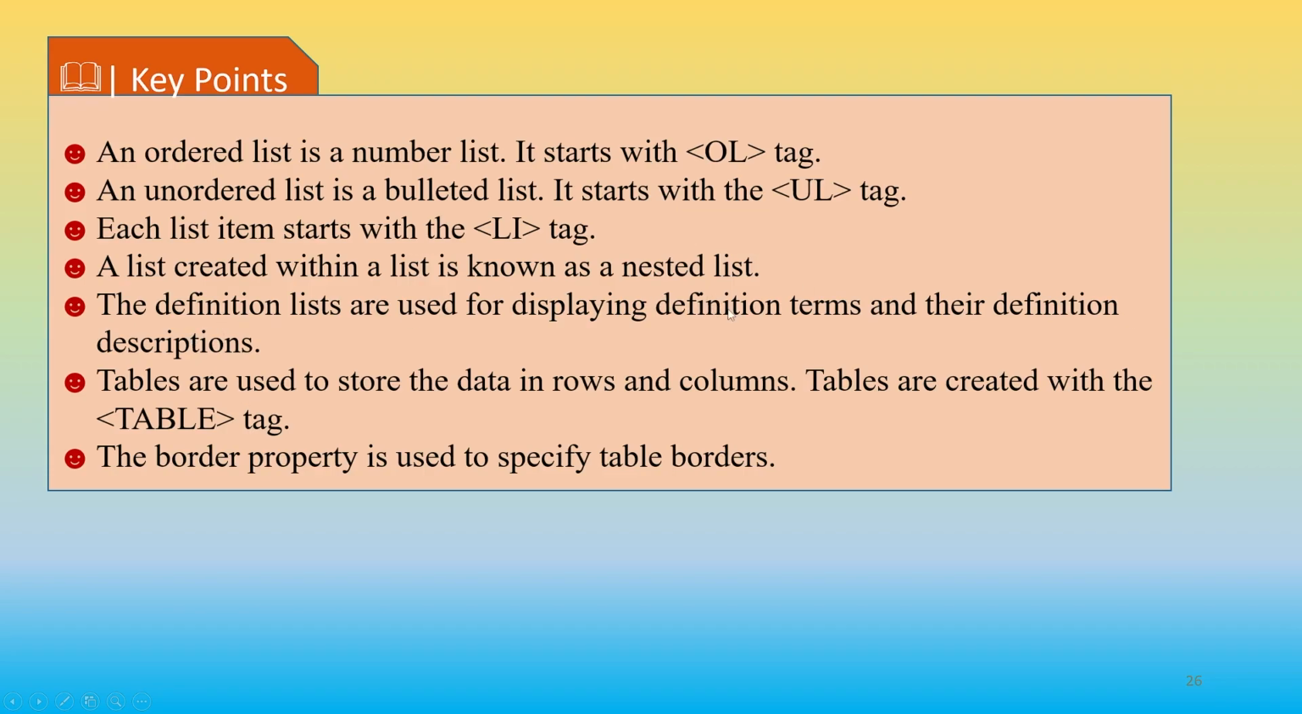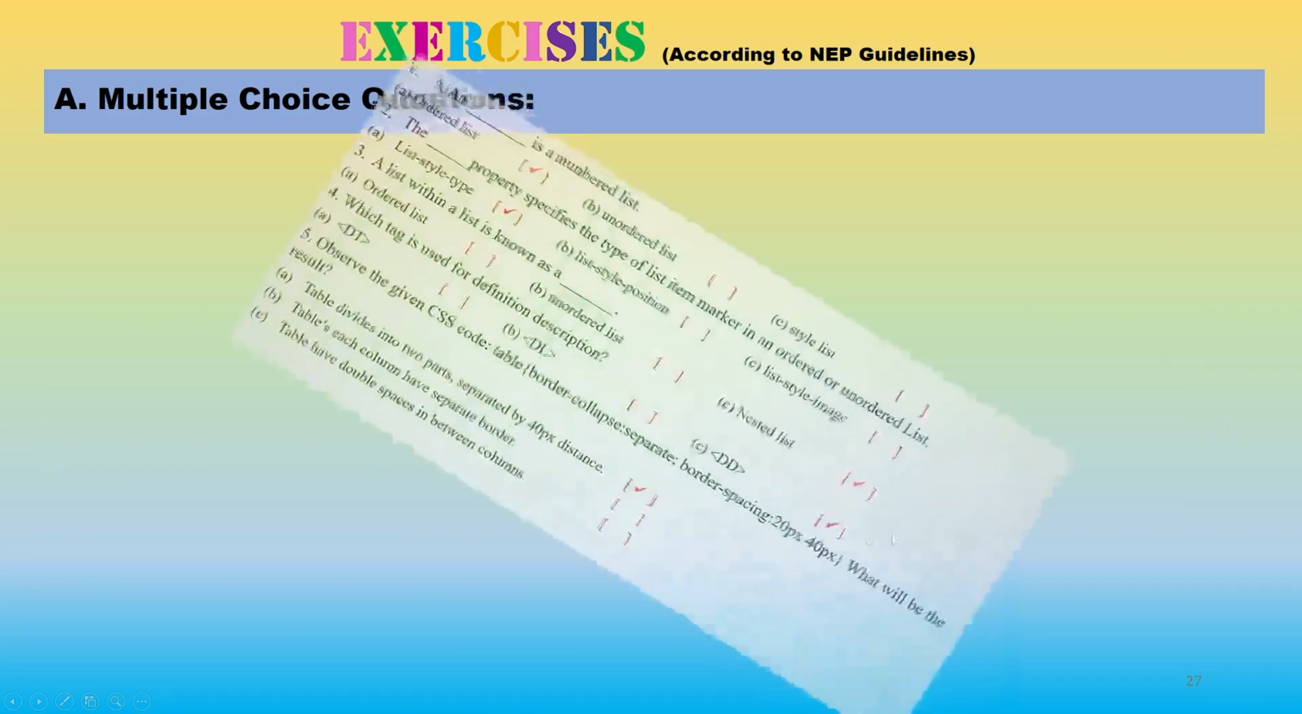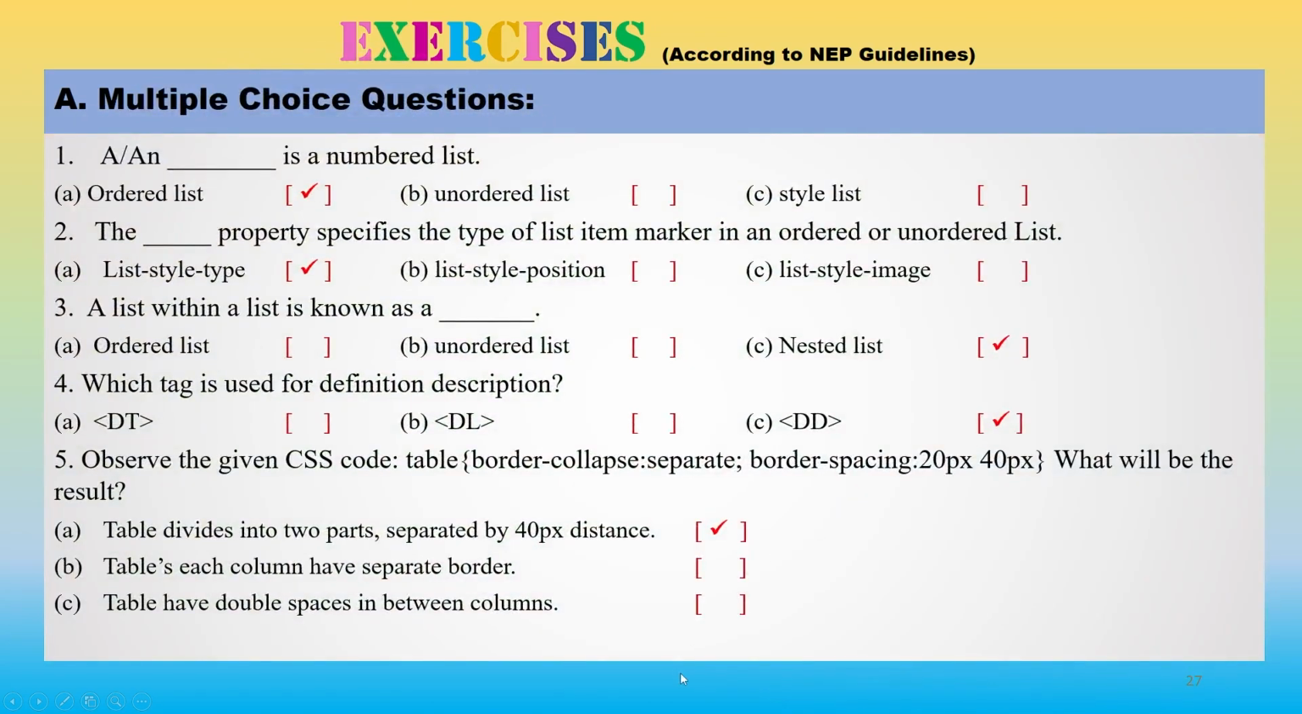DT and DD. Tables are used to store the data in rows and columns, and tables are created with the table tag. The border property is used to specify table borders. This is in short what we have learned in our chapter. Now we come to our exercises. The first question is